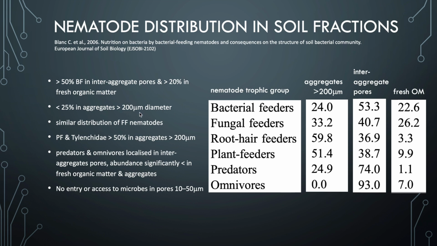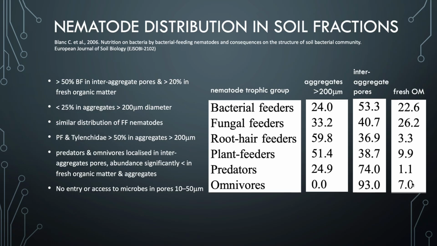And remember, these are not pores, these are actually aggregate sizes, as opposed to pores that we spoke about in the previous slide. Similar distribution was found for the fungal feeding nematodes. However, herbivorous nematodes or root-feeding nematodes, the majority of those were found actually in aggregates that were greater than 200 micrometers in diameter, and over 35% in interaggregate pores. The predators and omnivores were almost entirely localized within the interaggregate pores, and only very few were found